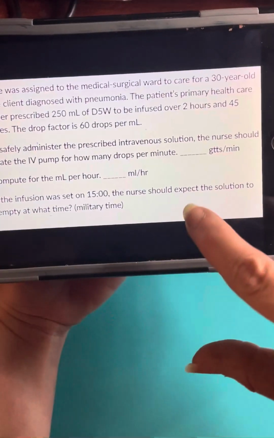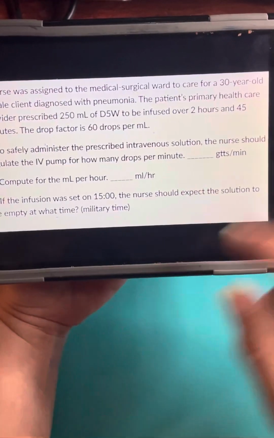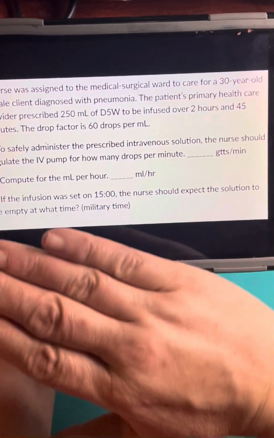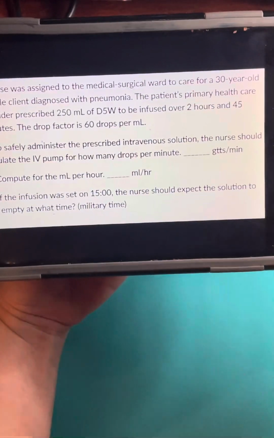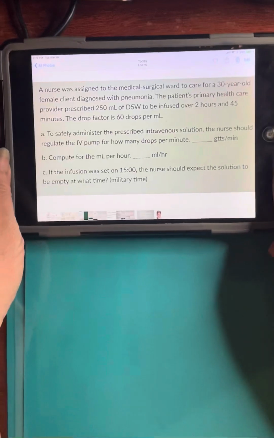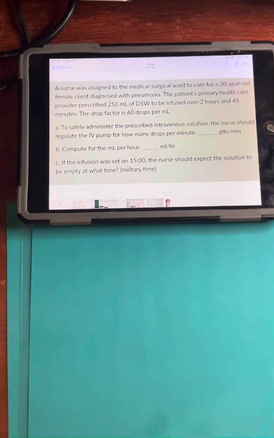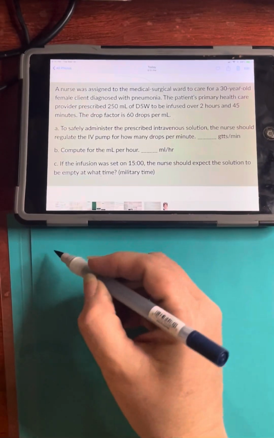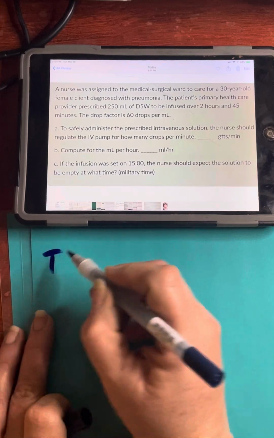And then Ethel wants you to do milliliters per hour, and then you got to do the time. But let's just stop right here at drops per minute. So you remember drops per minute is the total volume